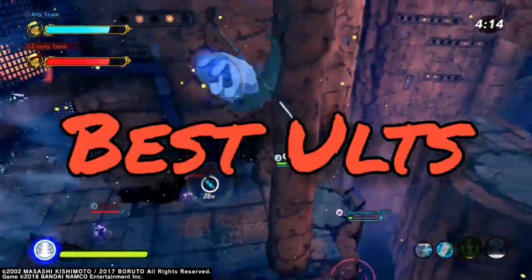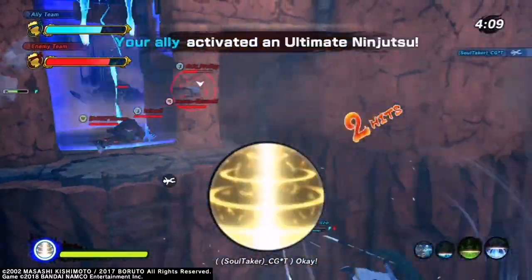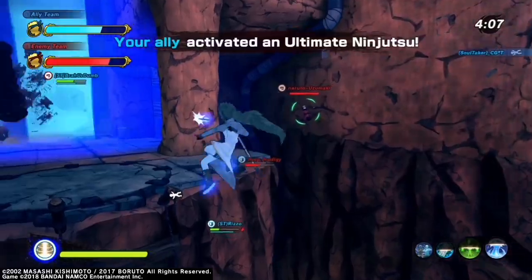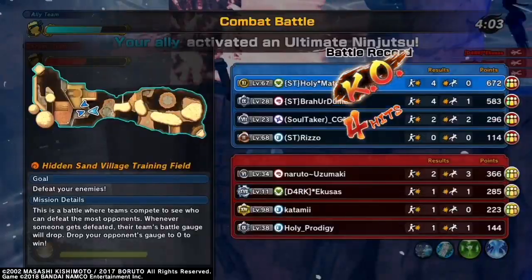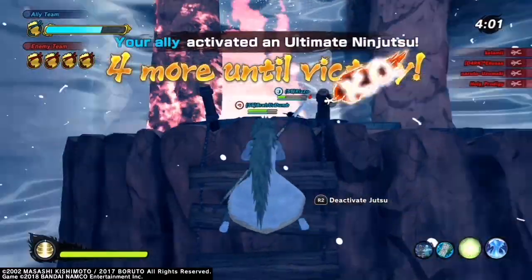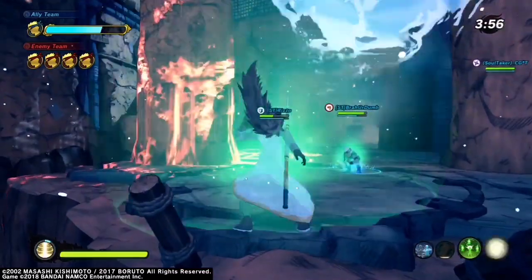So I said that the meta ultimate for healers in combat is Feather Illusion, but that's when you have a team with you and you guys can coordinate attacks. Feather Illusion isn't always great when you're playing solo. You can still use it if you're on a map with pitfalls, because if your teammates aren't getting killed, you